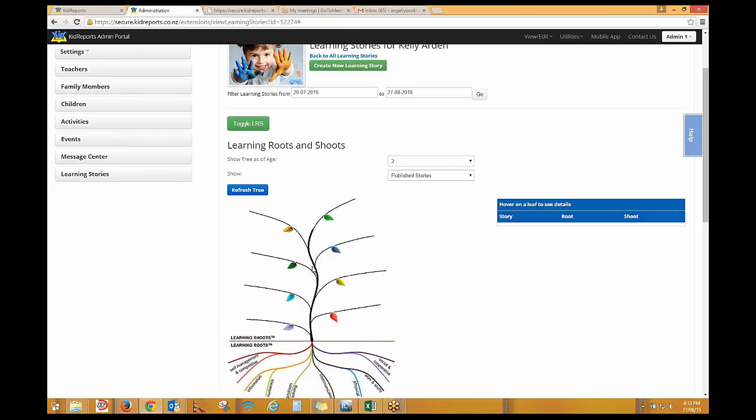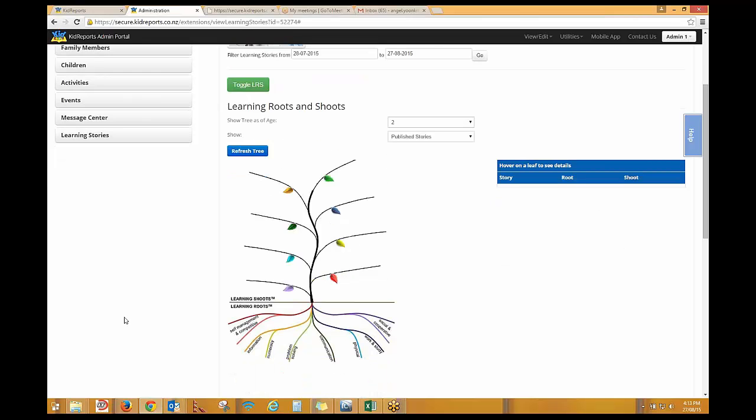So over time, the stories that I have added for Kelly will all come up over here, and I can just click on them and go back to those stories. Now this is the same view that the parents see as well. So it makes sense for me to tag each story with the skills, so that depending on the skills that I tag, each color pops up,